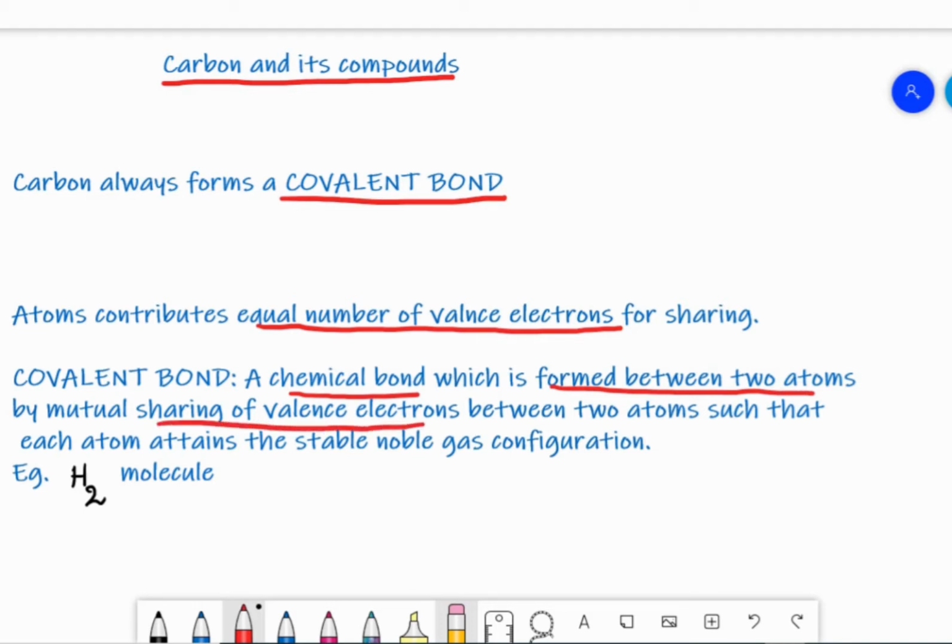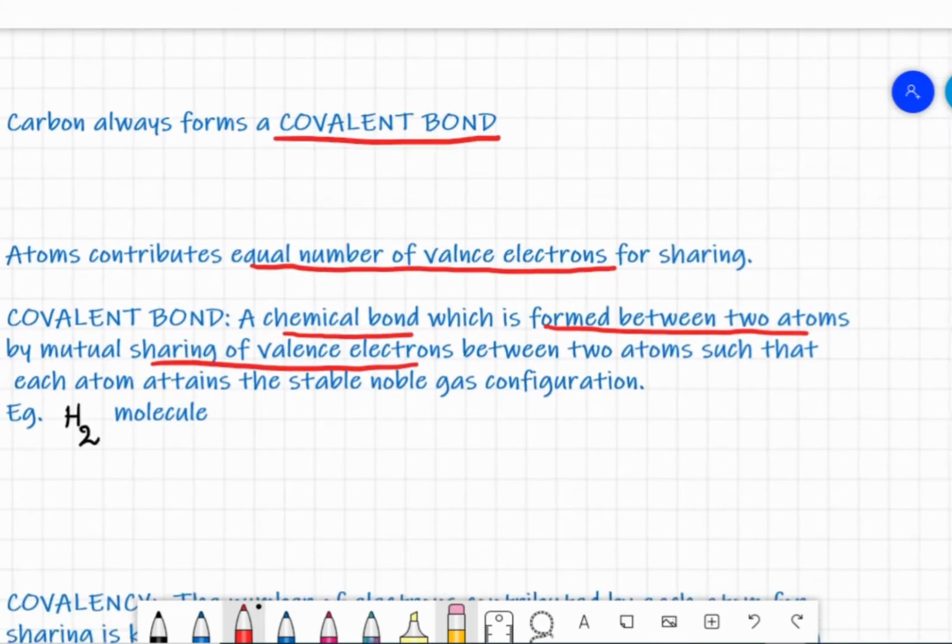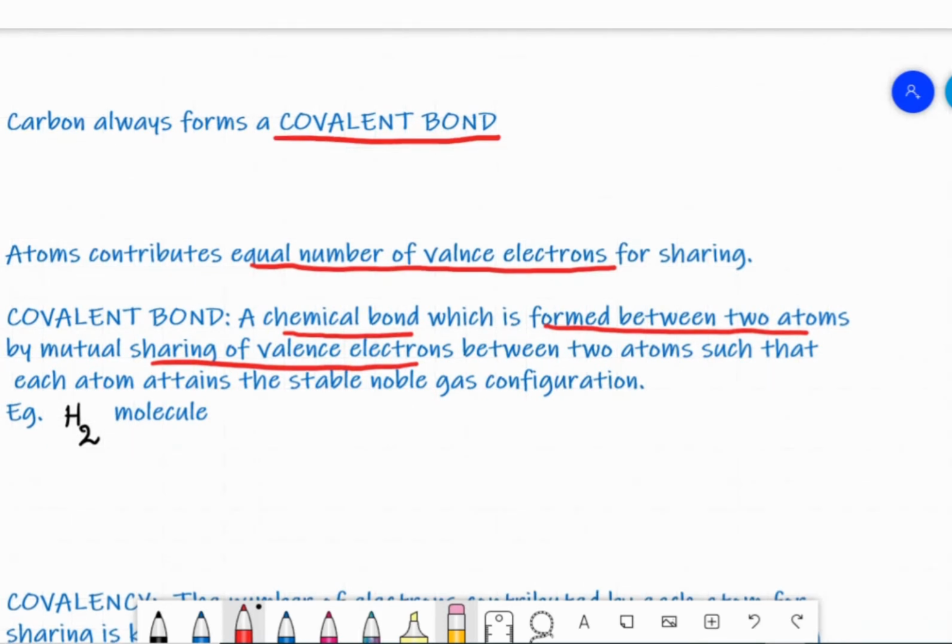electrons between the atoms. For example, in the hydrogen molecule, hydrogen has one electron in the valence shell. So hydrogen will share its one electron with the next hydrogen atom. These two hydrogens form a bond, meaning a force of attraction between the atoms. This force of attraction is the bond, and it is represented by a single line between the atoms. So this is the covalent bond